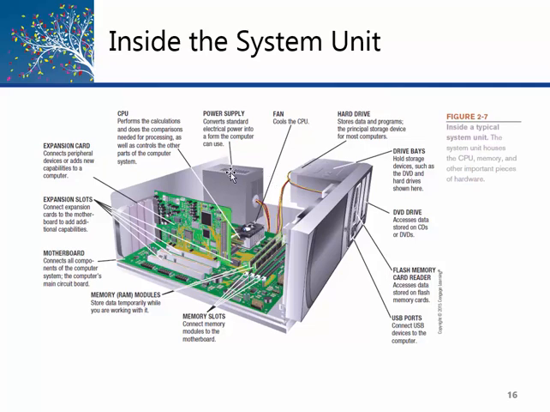There's a great big power supply that allows you to take the voltage from your wall and turn it down to the 12 volts or whatever volts you need to run all the computer equipment. Here we have little slots where memory plugs in, our RAM memory, which is very close to the CPU. That's intentional because the CPU and memory, as we will see, are the two primary hardware devices for processing, and they're very, very, very fast. So they're faster than anything else on our computer, and we want them to work together and minimize the distance